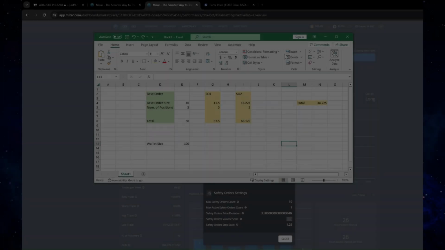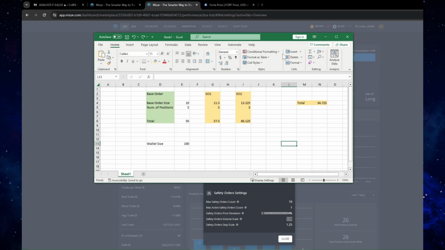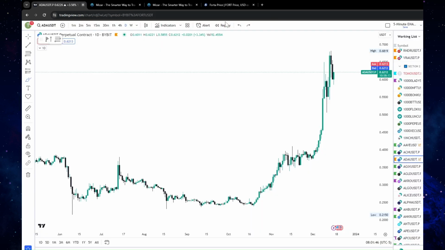So let me again maybe illustrate this calculation with just one position. So let's keep 10 USDT as your base order, but you would only have one position running, right, everywhere. And then you enter your base order, and then there is the safety order 1 and safety order 2. So for example, if you look at this price chart of ADA,